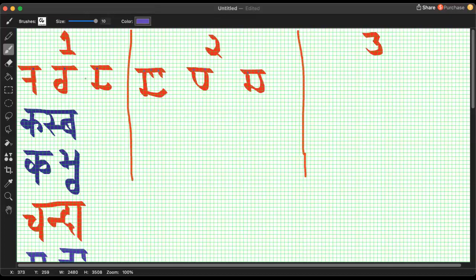So what does the second rule say? When you're writing this particular alphabet as a conjunct, you write the entire alphabet right below the first one. So let me write, as I told you. I'll take up the same example as last class because I'm running out of words for now. Okay, I'll say Sajjana. So this particular word,